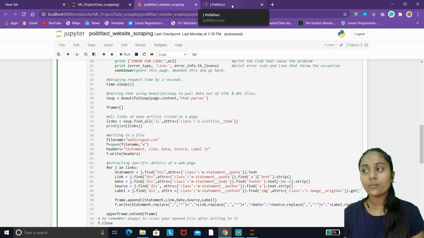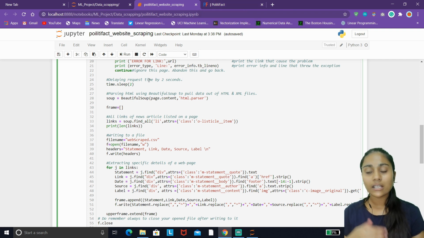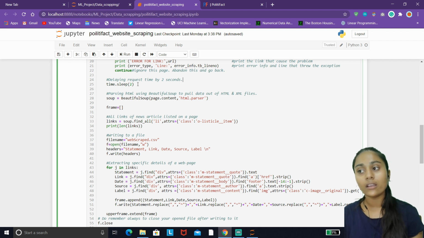It will save you from getting blocked, because the continuous requests that you are sending to any website using this automating process will automatically burden that website's server. So there are chances to get blocked from that particular website. So I must suggest you include this particular statement in your web scraping script.